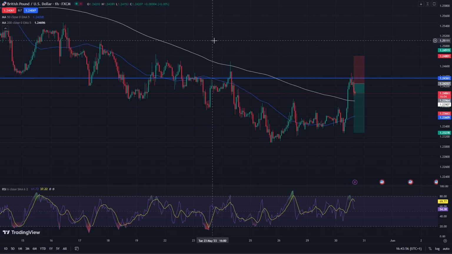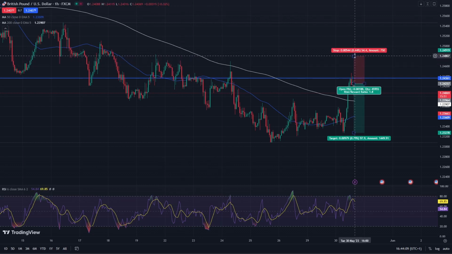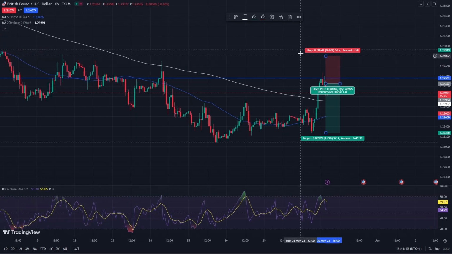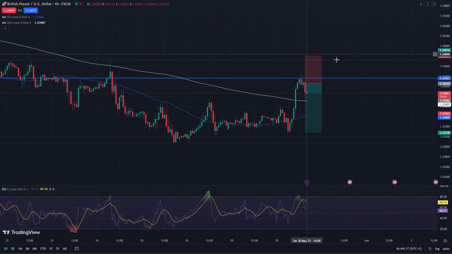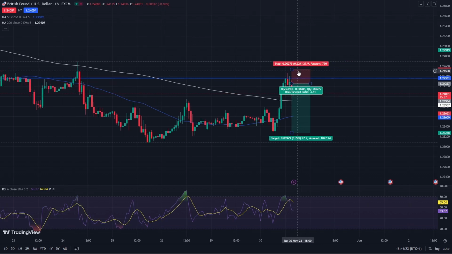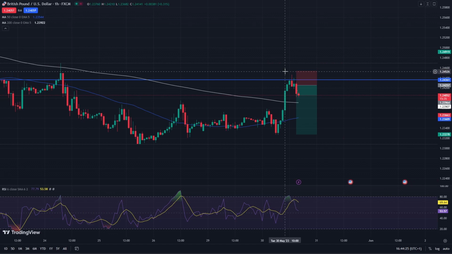And for the stop loss, there are a couple of stop losses that I thought of. The first one was above these wicks right here. You can see this zone right here being rejected. So the first one would have been around this area right here, slightly above that, and hopefully it will never be met. A more aggressive stop loss that I considered was this one right here, which is above the wick of where price recently